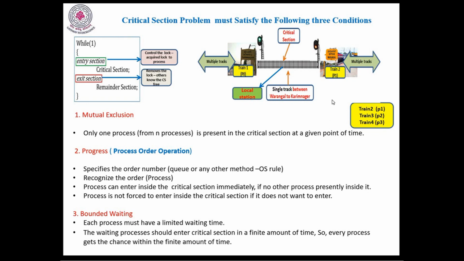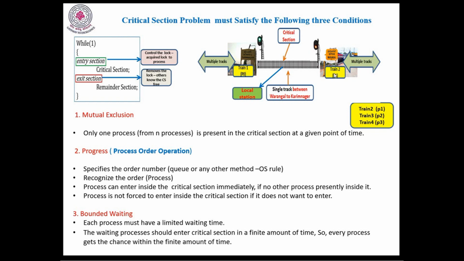Bounded waiting time. Let us see here, in the previous discussion, train 2 and train 3 are both in a queue. Now I want to permit either train 2 or train 3. Suppose train 2 requested earlier than train 3, but the deadline time for train 2 is maybe 3 o'clock, and the deadline time for train 3 is maybe 4 o'clock. In that situation, we must follow the deadline time of the respective train. First I need to permit train 2 within the limited deadline time. Then we will permit the next train 3.